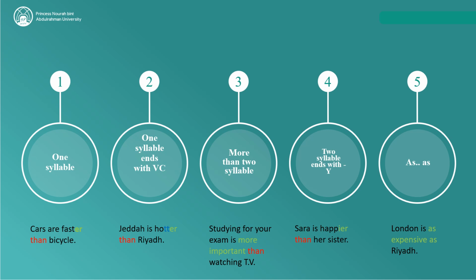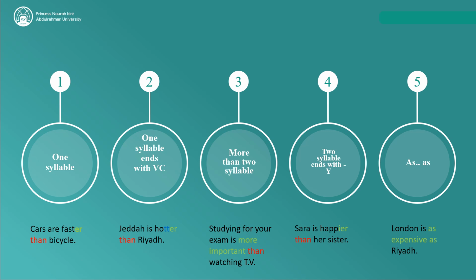If we have more than two syllables, we need to add more. For example, studying for your exam is more important than watching TV. If we have a two syllable adjective that ends with y, to make it a comparative, we need to delete the y and add ier. For example, Sarah is happier